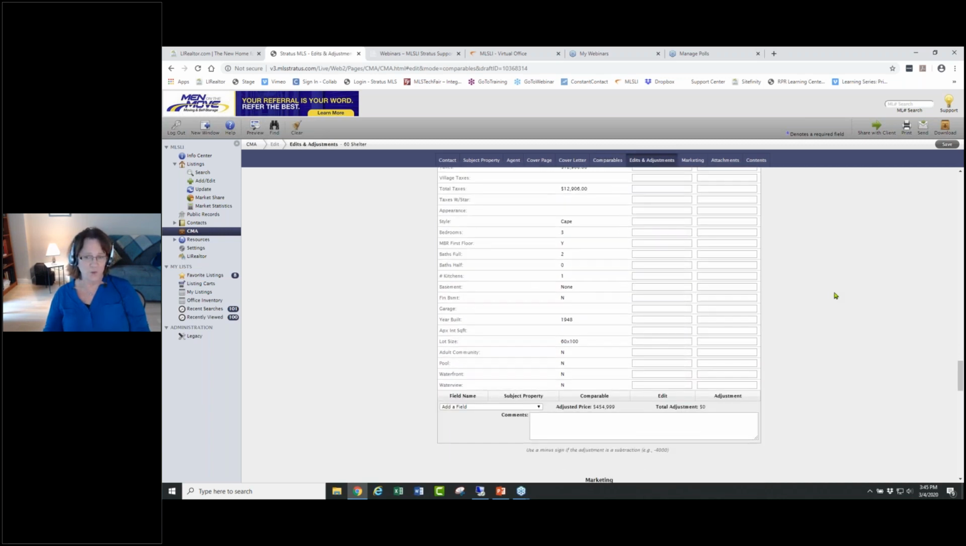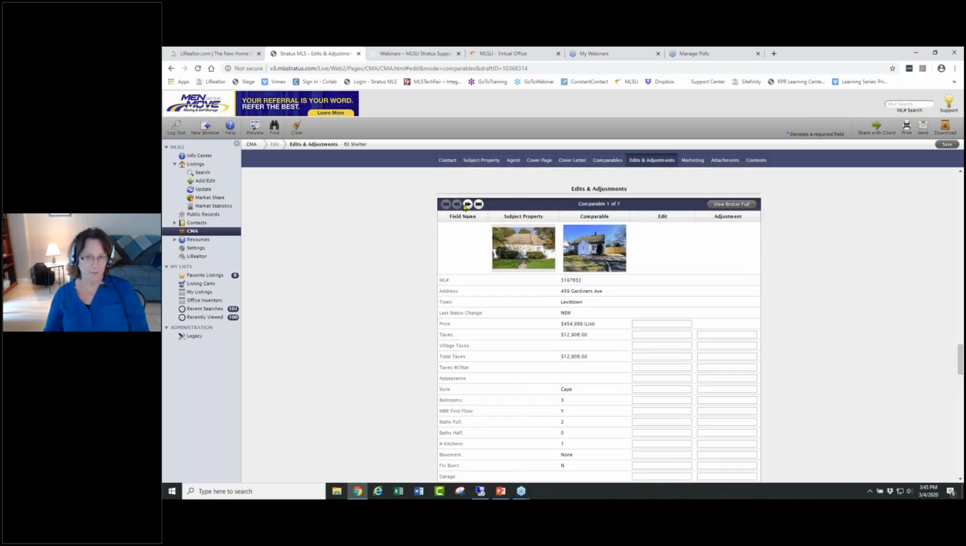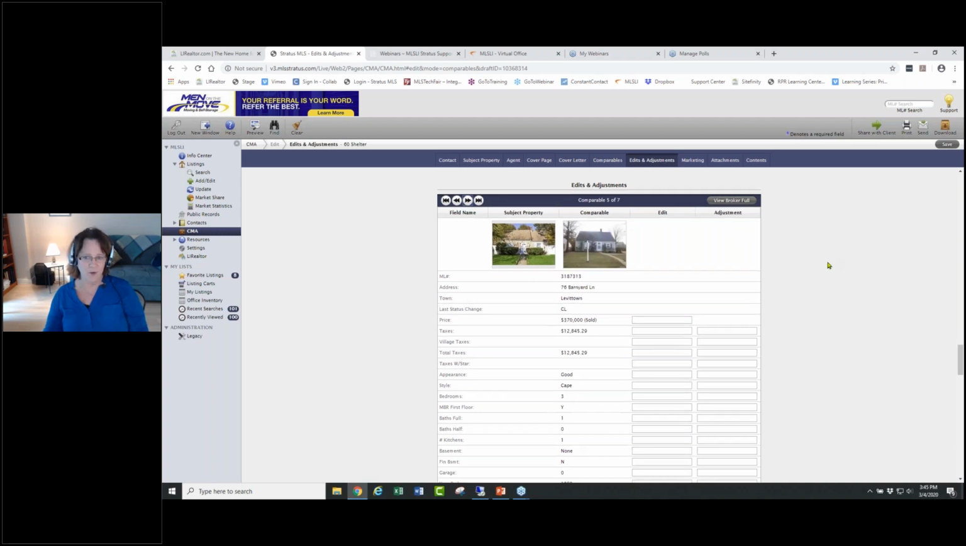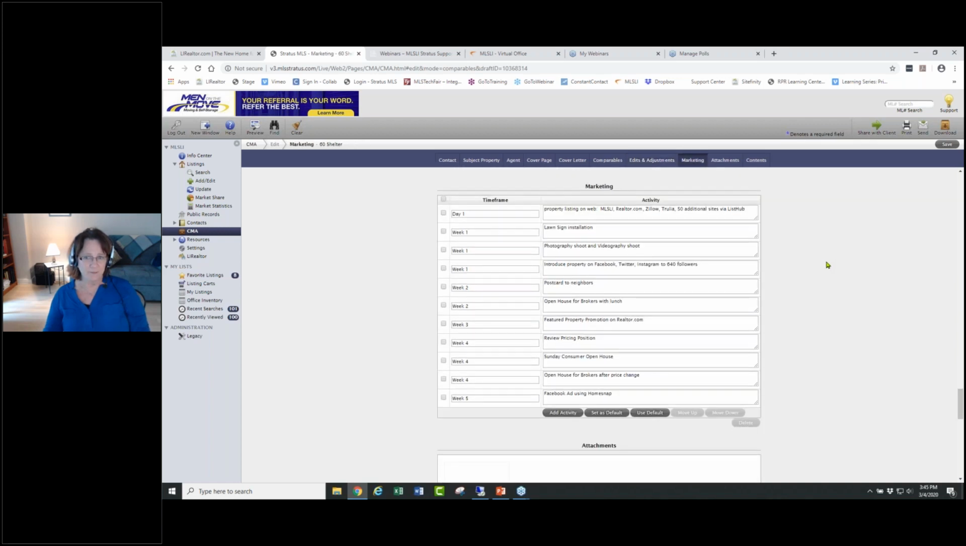So then you just go through, you have this ability to do adjustments one by one. I didn't fill out the information about the subject property. So that's why it's not showing up here, but you have all that. And then when you're ready, you can put in your marketing plan. What are you going to do for this seller on day 1? Well, you're going to put it on MLSLI, you're going to put it on Realtor.com, Zillow, Trulia, and whatever your company is using, right? You might put the lawn sign up